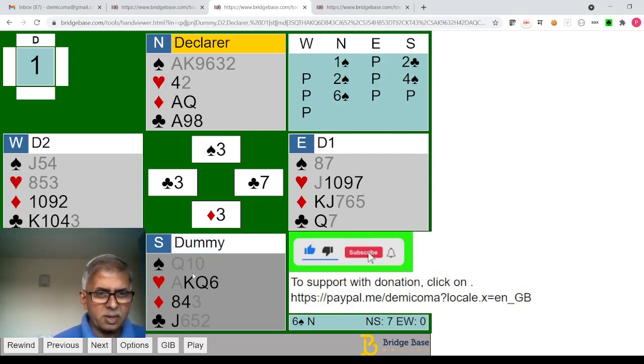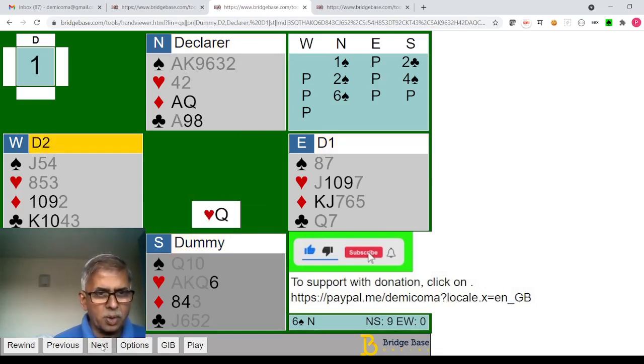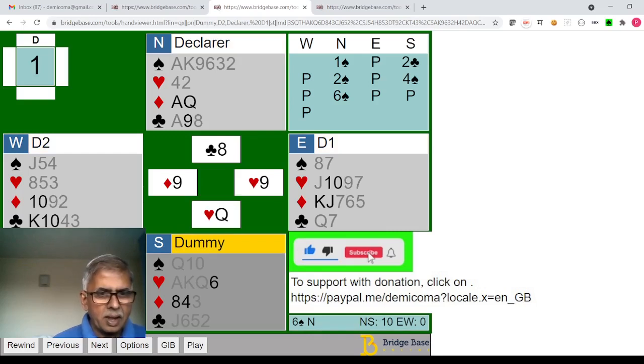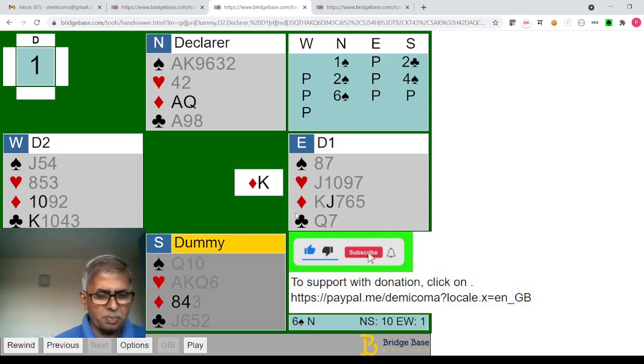So when you cash the club ace now, East has had to keep 3 hearts, and King Jack of Diamonds. He may or may not keep this club, but that is not really important. You cash the club ace anyway, and then cash 2 hearts. And now endplay East with that last heart, and East is forced to play a diamond away from King Jack, and you get your ace queen of diamonds and you make 12 tricks.